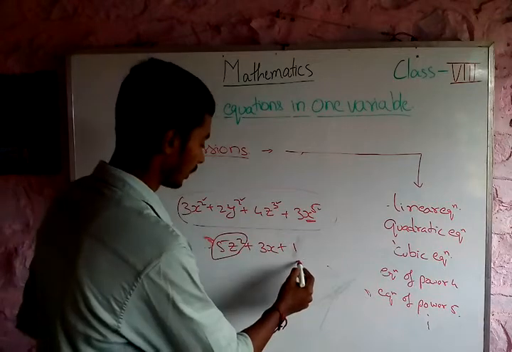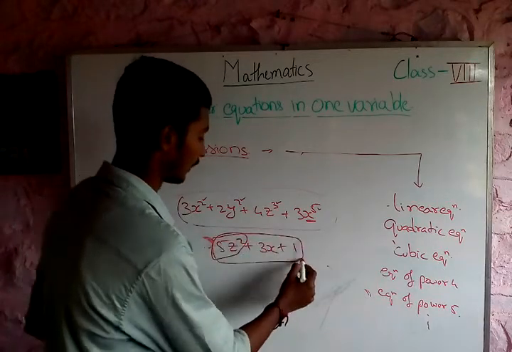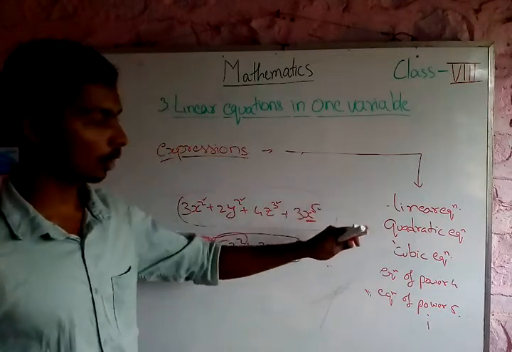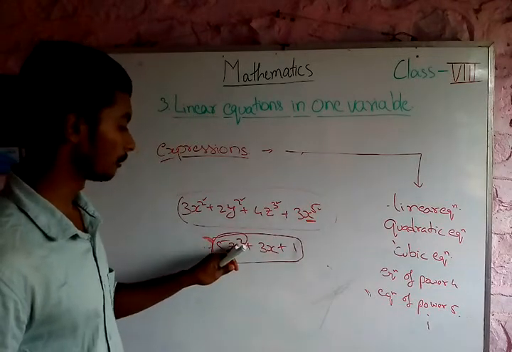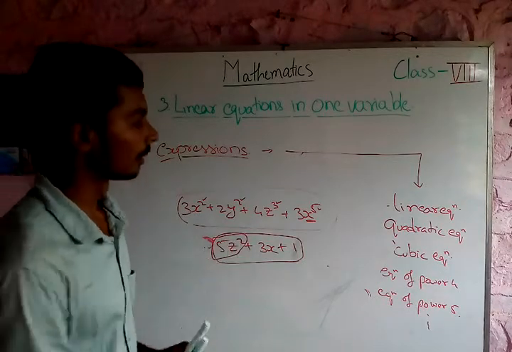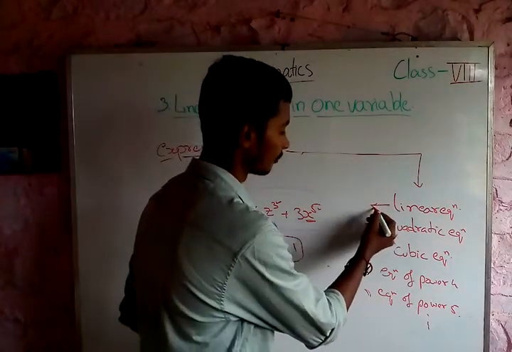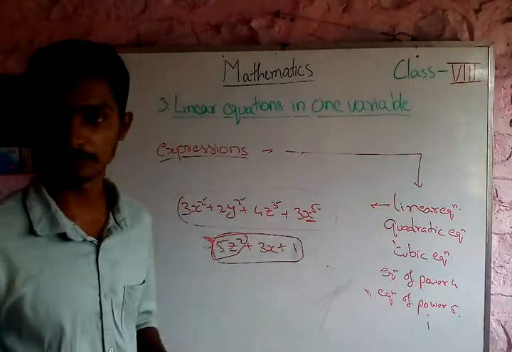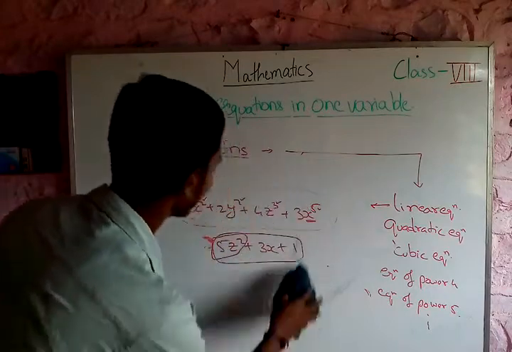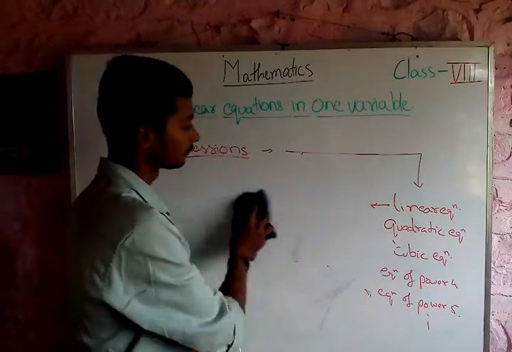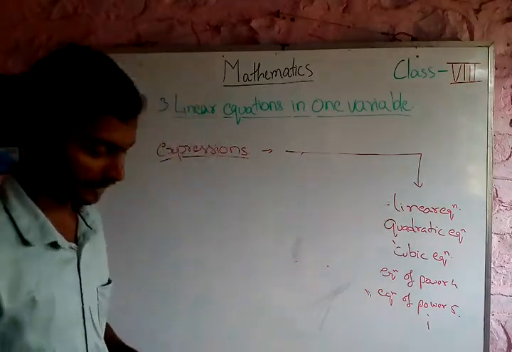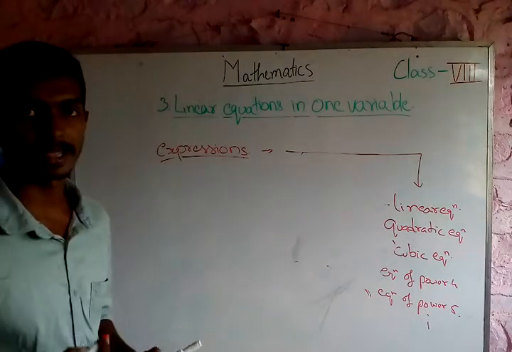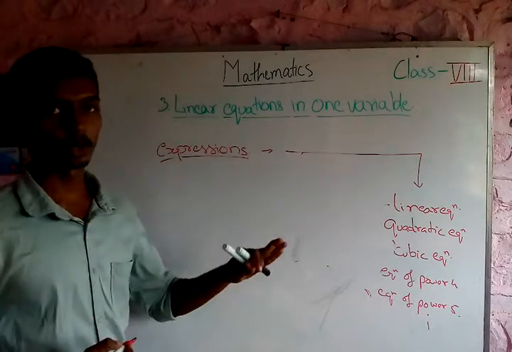Okay, so equations of this kind are called non-linear equations because the power is not equal to 1. If you have maximum power 1 in any equation, then they are called linear equations. Why is it so? Let me tell you. If you take any example where the equation has only 1 as the highest power, then they are called linear equations.